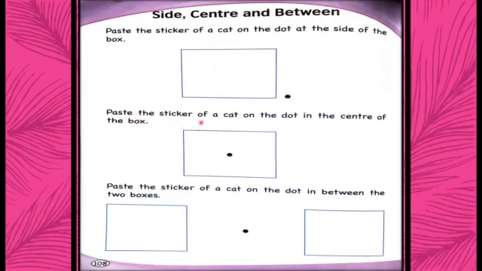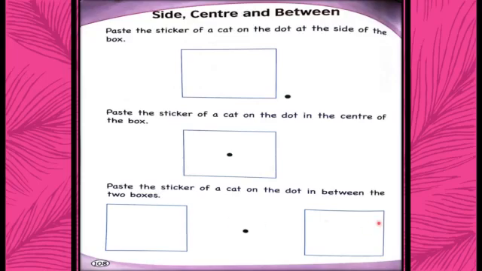Now paste the sticker of a cat on the dot in the center of the box. Here we can again see a square box, and in the inside of the box we can see a dot. This dot is at the center of the box. So you have to take out the sticker and paste on this dot. Center. Now the last one is paste the sticker of a cat on the dot in between the